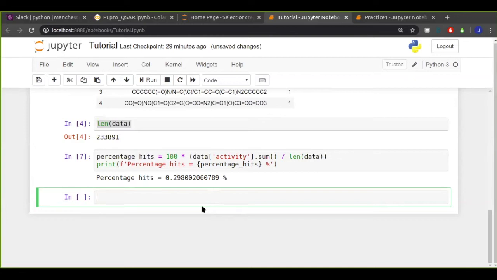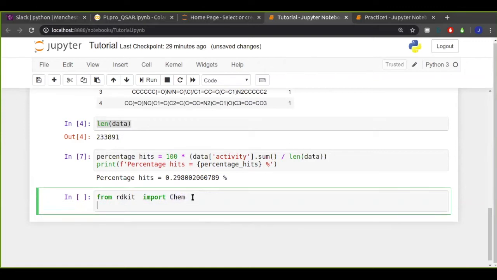So let's import rdkit, which we'll remember is one of the cheminformatics modules. From rdkit import chem.